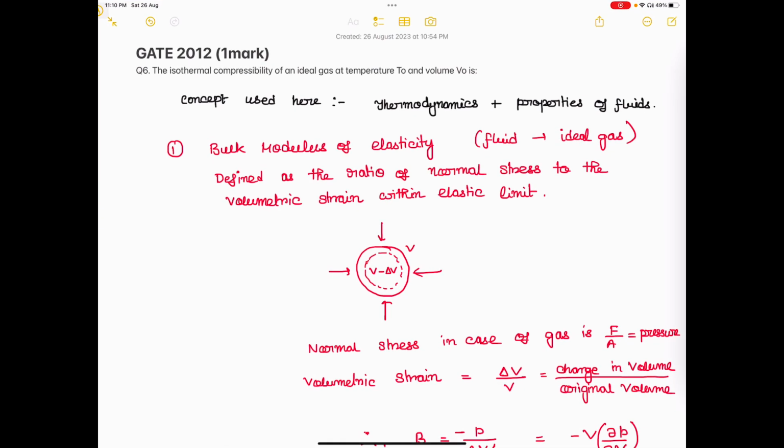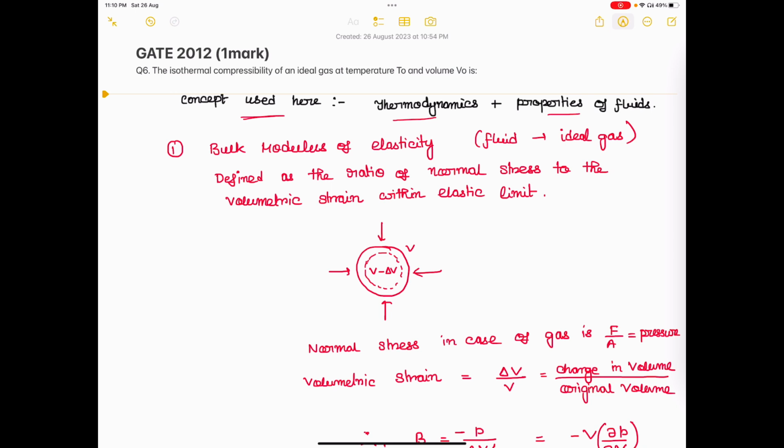So this is the question, I have just written the question again: the isothermal compressibility of an ideal gas at temperature T naught and volume V naught is. Simple question, it does not require too much thinking because it's just the formula which is important here. But I have given a detailed solution to understand what exactly it is. So I have written here the concept used is thermodynamics as well as the bulk properties